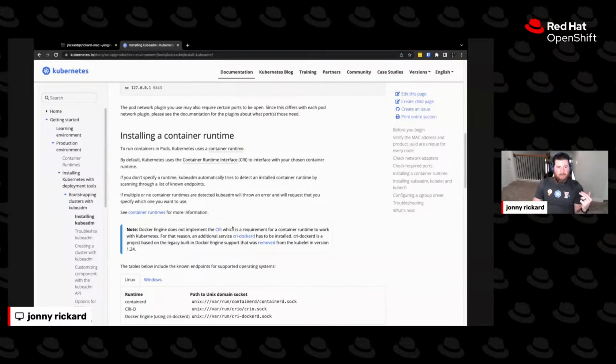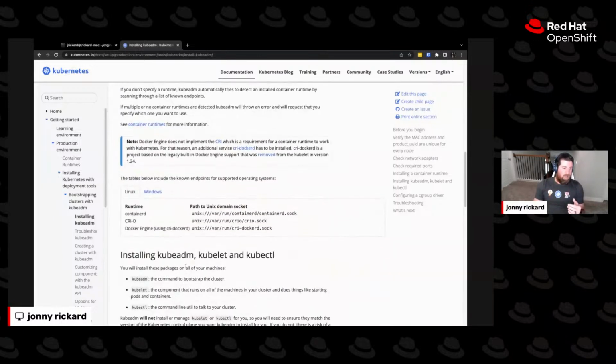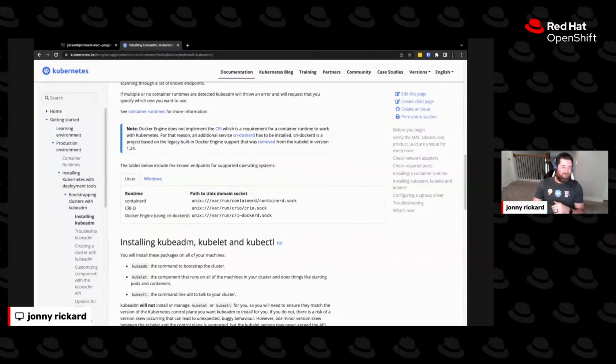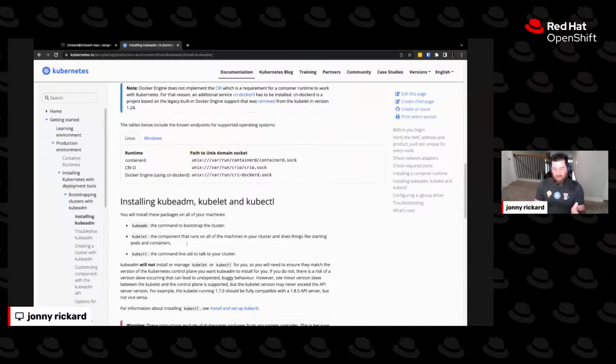With OpenShift, the default container runtime is CRI-O. When you do a DIY Kubernetes, it's essentially bring your own. So you can do CRI-O, Docker's been deprecated, but you could do containerd, or you can use Docker Engine using cri-dockerd. But generally what I'll do is install using kubeadm, and then disable SELinux and then install the packages. Once you've installed the Kubernetes aspect of it, you need to